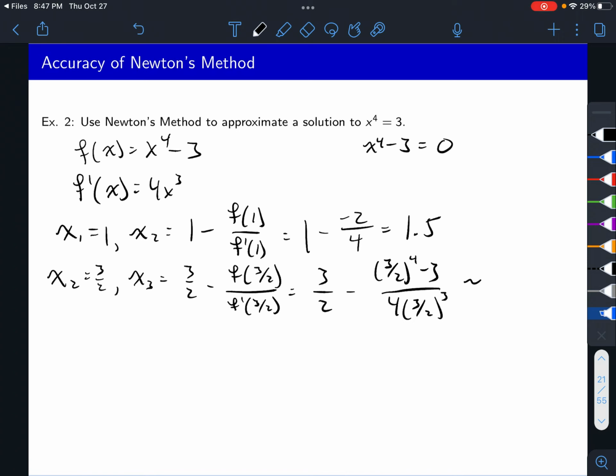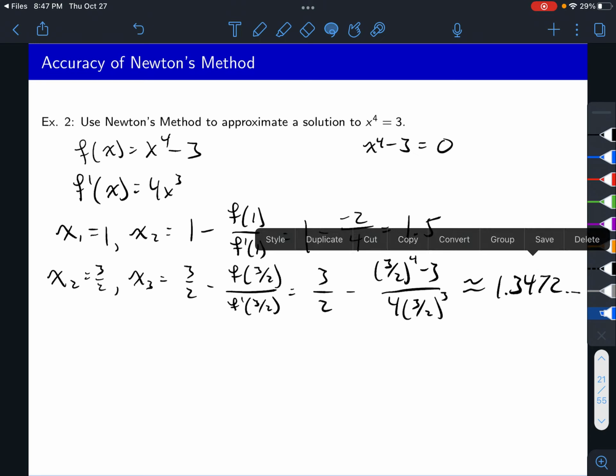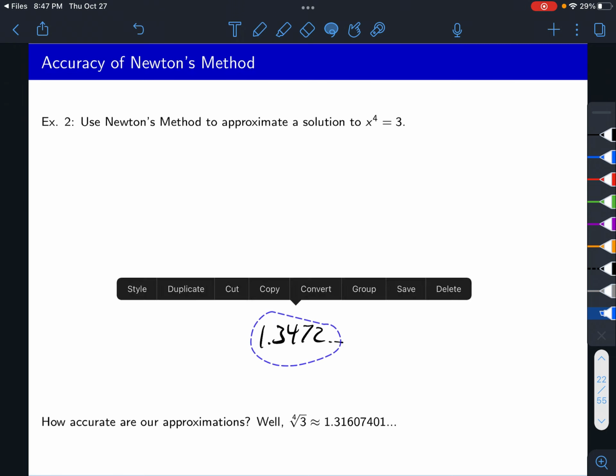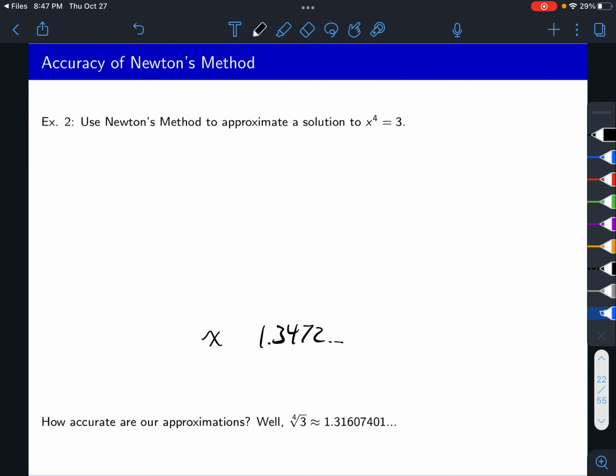All right, so I'm getting about 1.347, and then a bunch of 2's. Copy that, bring that over. So x2 was like 1.3472. And if we're wondering how accurate our approximation is, well, if like the actual solution to this, so if you